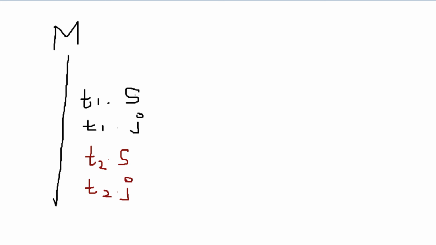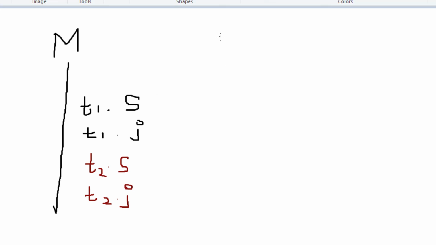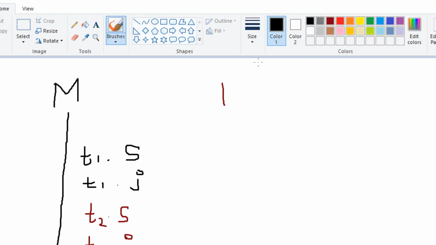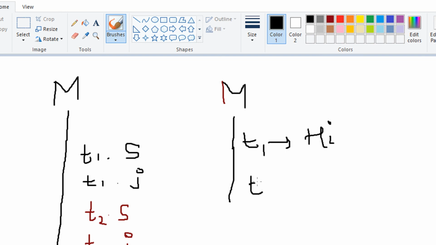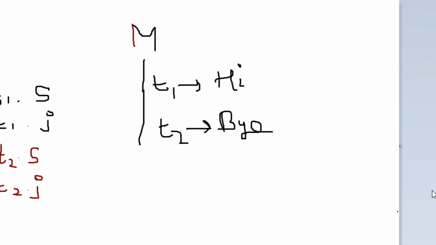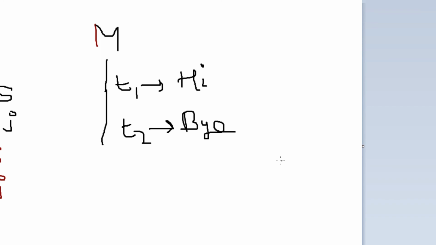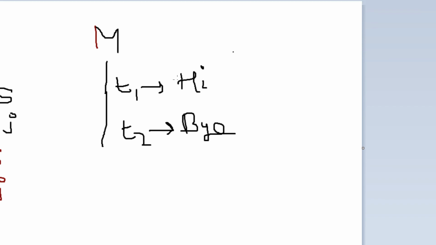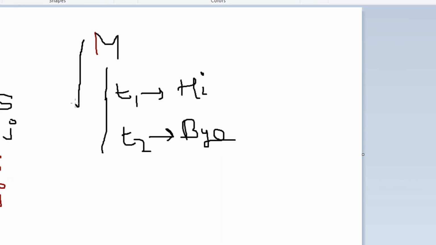Now internally, what will the OS do? Assume there was no threading at all. No threading means you had your main program, you will execute the t1 thread, which is nothing but the print hi function. Afterwards it will come to t2, and it will execute the bye function. This was basically the normal execution. Now see what happens when you have a thread. In this, the execution happens in a linear fashion, one after the other, one at a time.